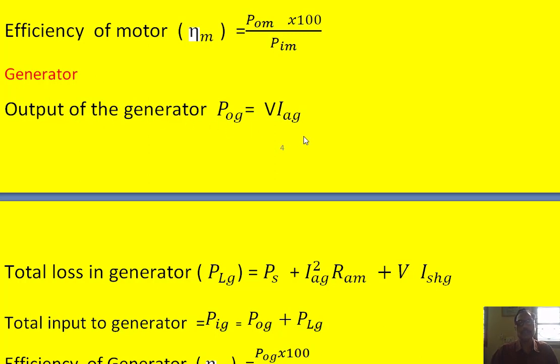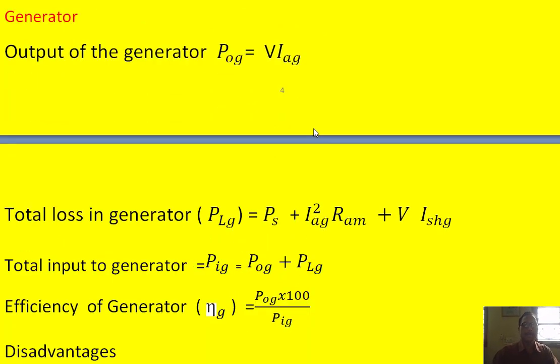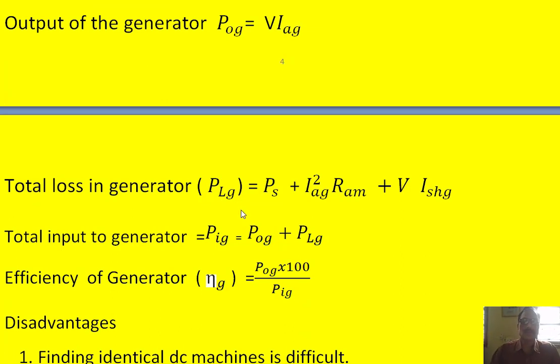power of the generator POG is given by V into IAG, that is voltage across the load or across the motor into the current coming out of the armature of the generator, and the total loss in the generator we represent with PLG, and that is nothing but stray loss of the generator plus armature copper loss in the generator plus the field copper loss of the generator, that is V into ISHG, where this ISHG is nothing but field current in the generator, whereas IAG is the armature current of the generator, RAG is the armature resistance of the